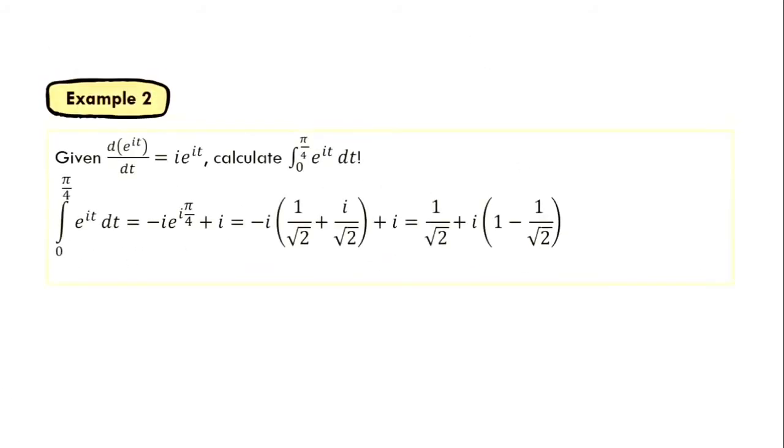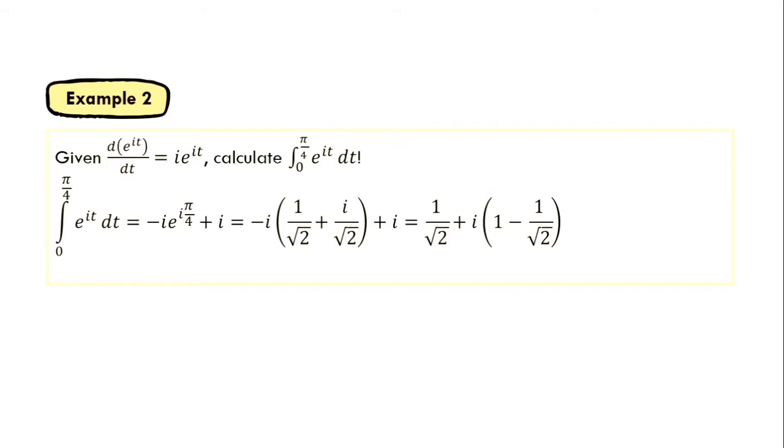We go to example 2. Given d/dt of e^{it} equals i e^{it}, calculate the integral of e^{it} dt from 0 till π/4. So the solution is